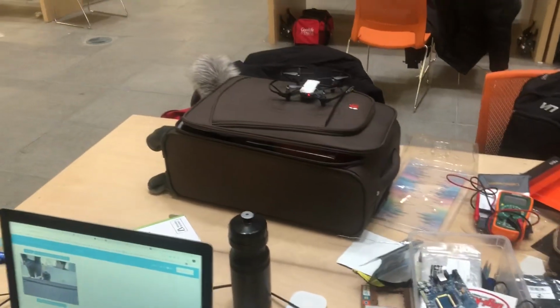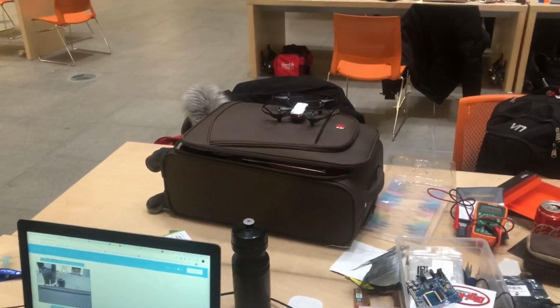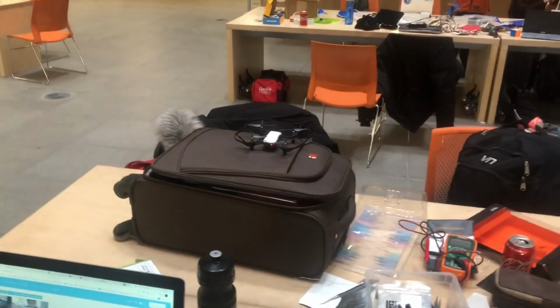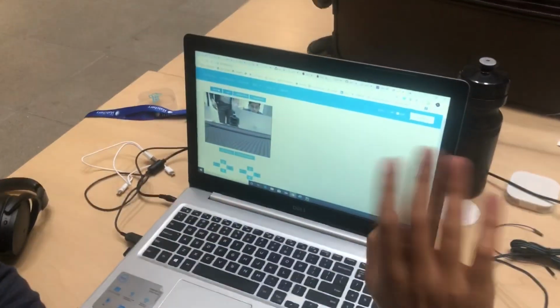So we're coming at you live from Make UofT 2020, and we're going to be demoing our project called FireFly. Now what it is, it's an autonomous drone that goes into buildings on fire and locates humans that are entrapped based on facial recognition. So basically, Aman here has our remote web console pulled up,